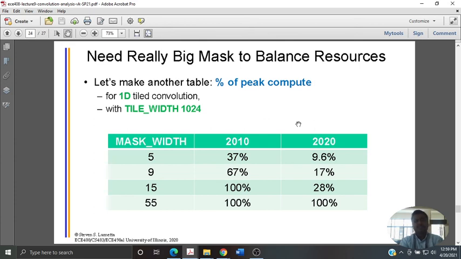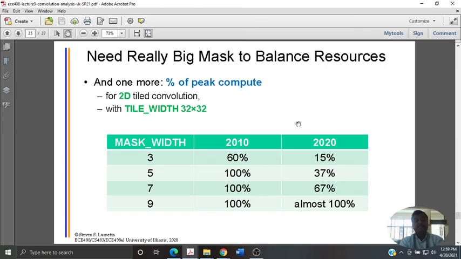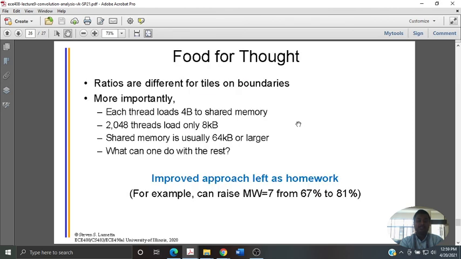But ultimately, what we are missing is the size of the global memory, shared memory and constant memory that are available with respect to devices. Once we have that, we can say those are more realistic numbers. Okay, food for thought, where we want to close this class today. Each thread loads 4B, shared memory 2048, only 8 KB. That's what he's boiling down to: how much is available with respect to whatever GPU you are coding for. So probably till now we are aiming at only single GPU machines, or multiple GPUs.